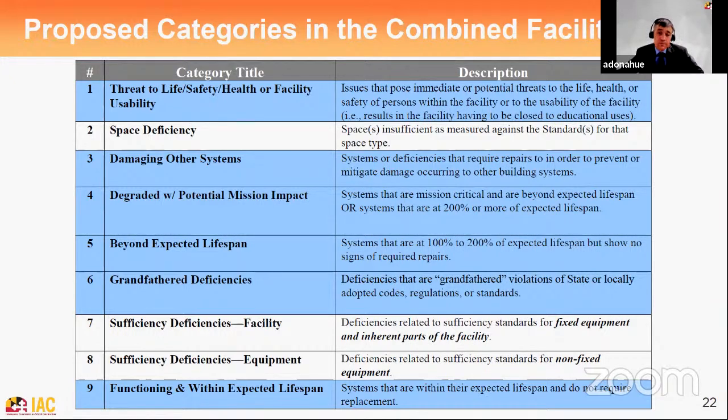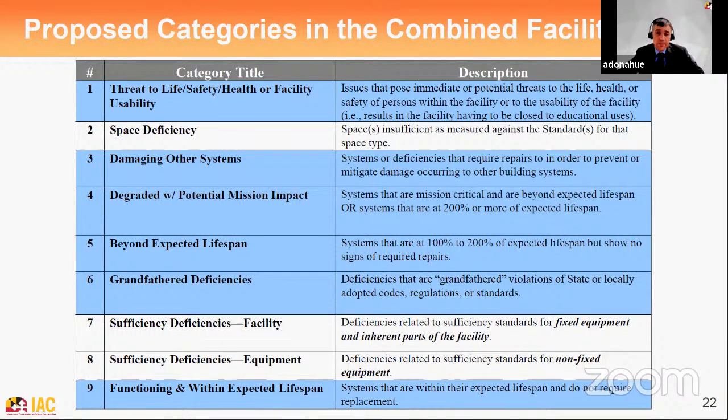nearly 1,400 facilities. I won't read the entire list, but we'll point out a couple of key features. First, this list incorporates buckets for both condition and sufficiency. The 5 buckets in blue here pertain primarily to condition issues, while the ones in white pertain more to sufficiency and other standards-related issues. Category 1 covers those deficiencies that pose a threat to the life, safety, or health of facility users, or can affect the usability of the facility for education such that it must be closed and students